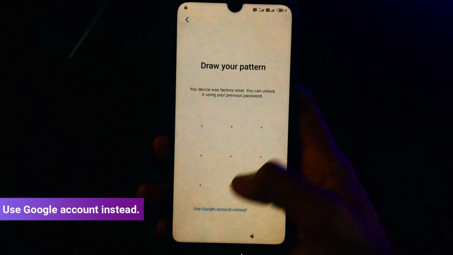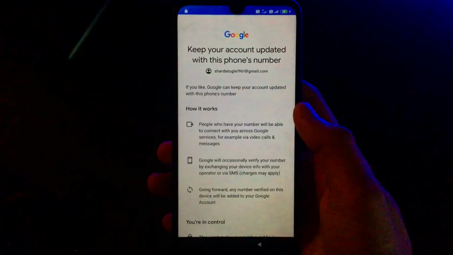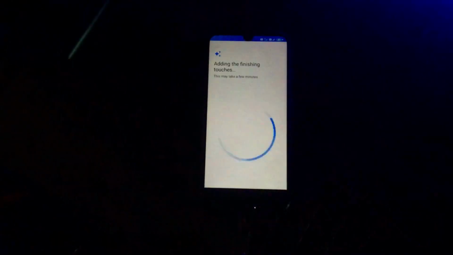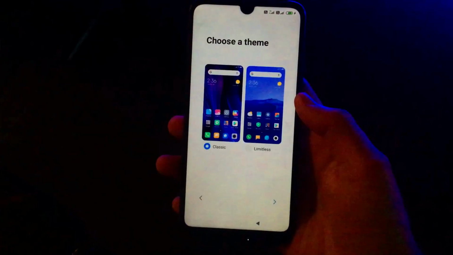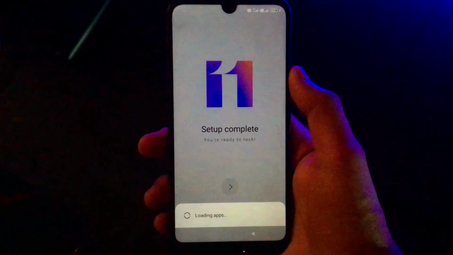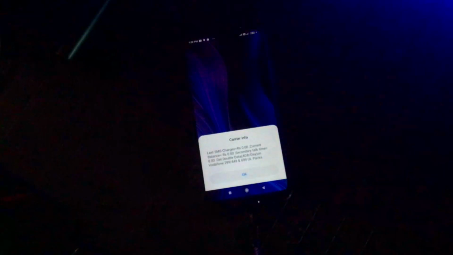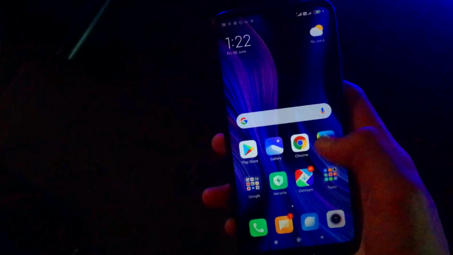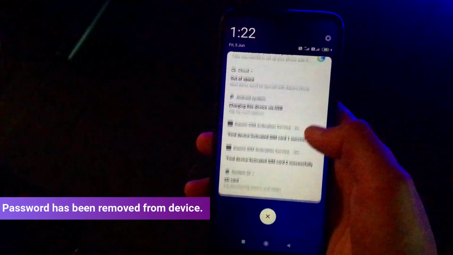You can simply choose to sign in with your Google account. Alright guys, you can see the device is just like brand new with no screen lock, no password, any kind of password that may prevent you from logging in.